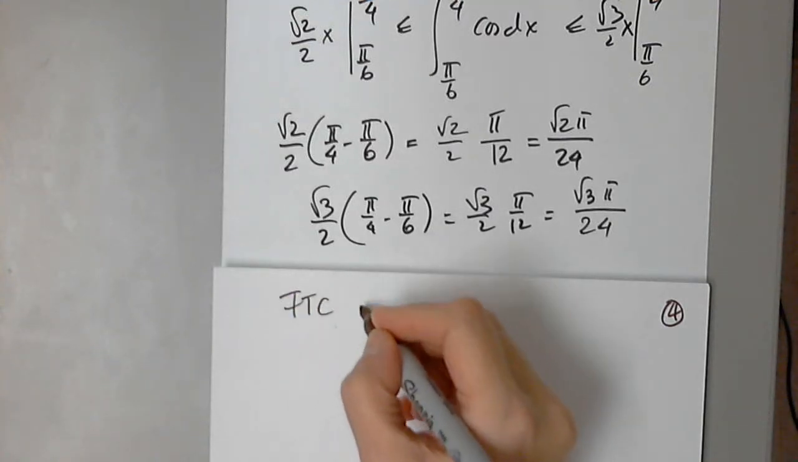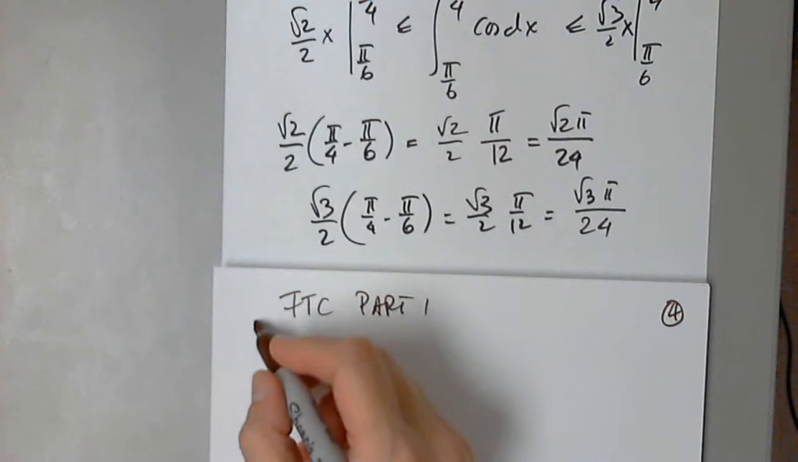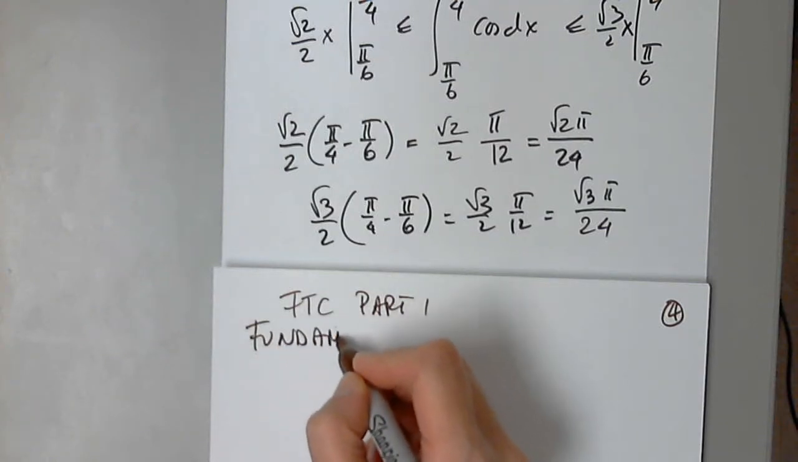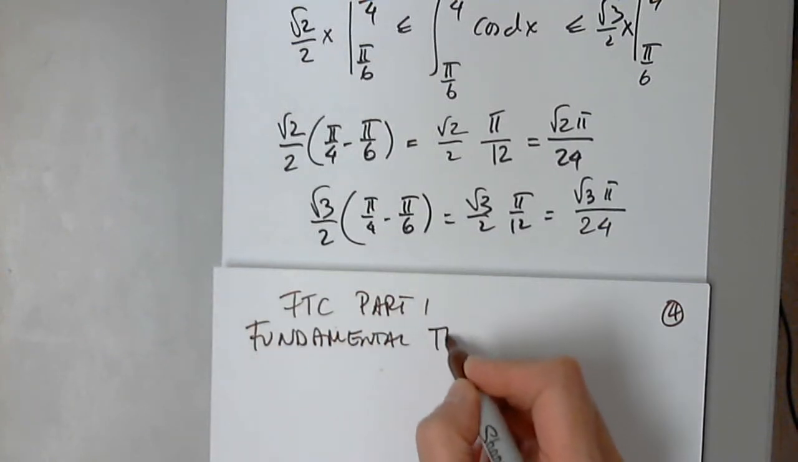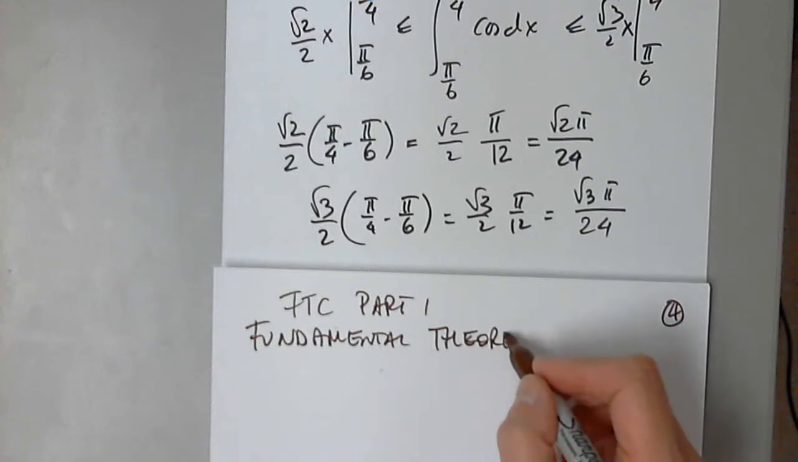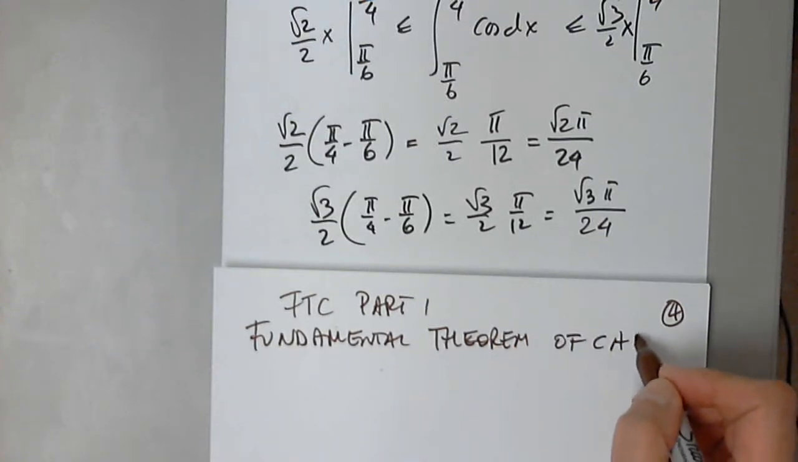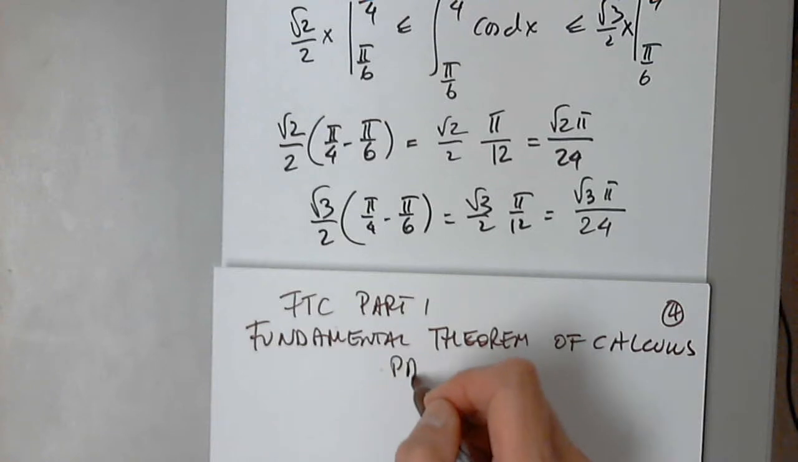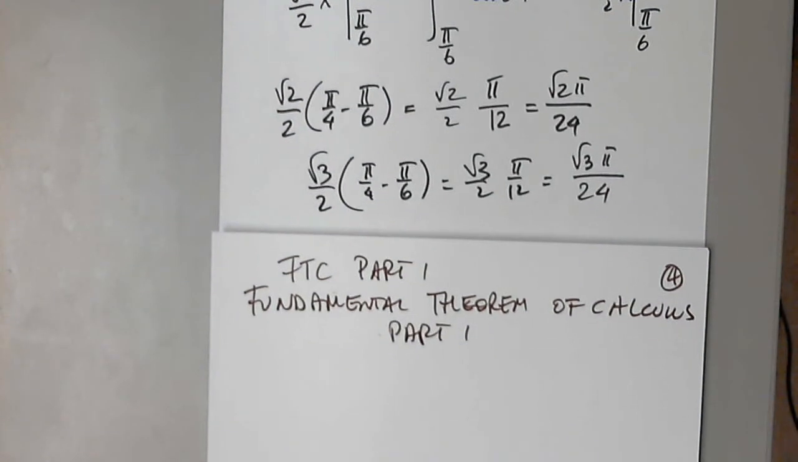So FTC Part 1. Fundamental Theorem of Calculus, Part 1. What was Part 2 telling us? Part 2 was telling us or showing us how to do what? Find the area of the curve. Right. In other words, how to evaluate a definite integral. Perfect. This one will tell us